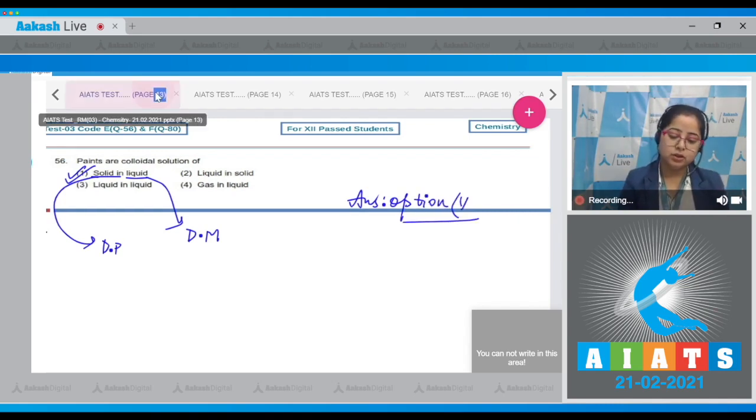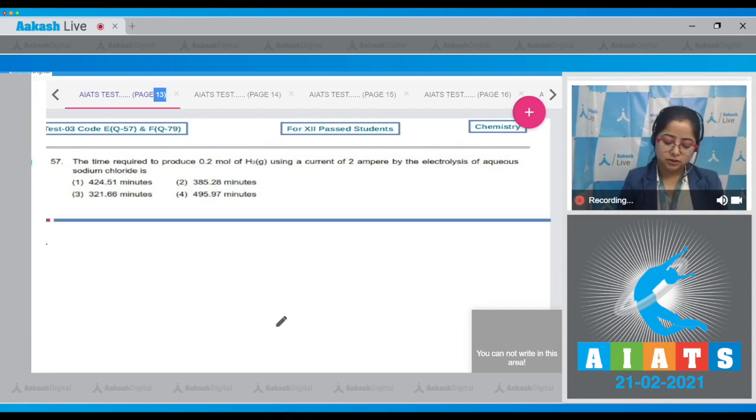Moving to the next question, which is question number 57. Let's read it. The time required to produce 0.2 mole of H2 using a current of 2 ampere by the electrolysis of aqueous sodium chloride is. Students, since we have to calculate the time to produce H2, we have to consider the reaction that occurs at the cathode, since H2 is liberated at the cathode. So I'm writing the reaction that occurs at the cathode,